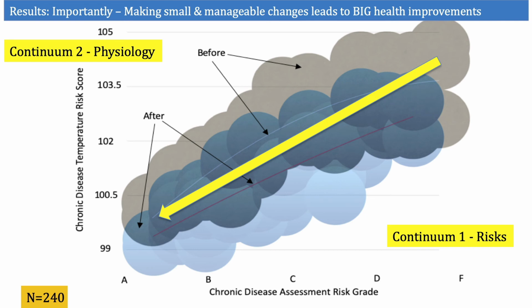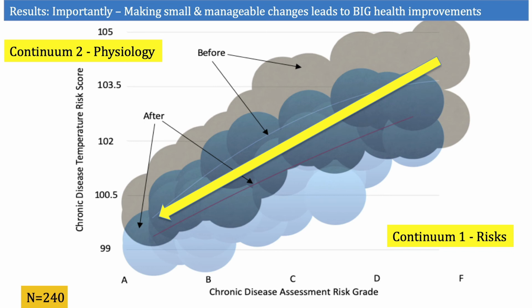your physiological status, where you lie on the physiological continuum, which we also give a single score to, what we call your chronic disease temperature, which is an amalgamation of 20 biomarkers, all titrated to an endpoint of early mortality, so we create a risk score from that. We can see that just by moving down the risk continuum for life risks, we move you down the physiological risk continuum. So the subjective life risks, when titrated or improved, lower your objective risk measured through physiology.